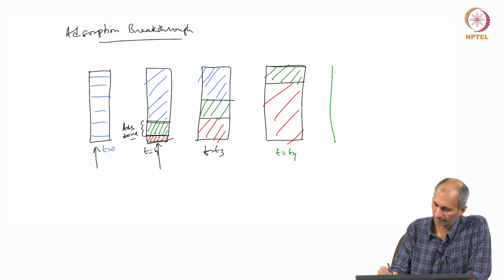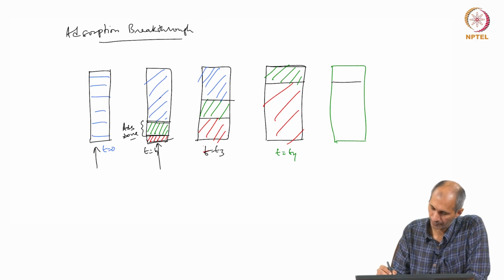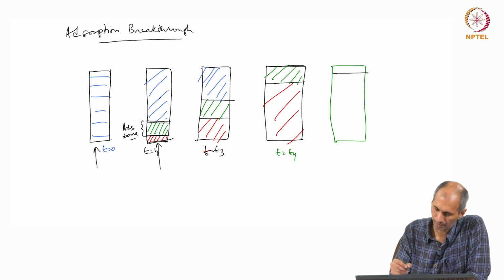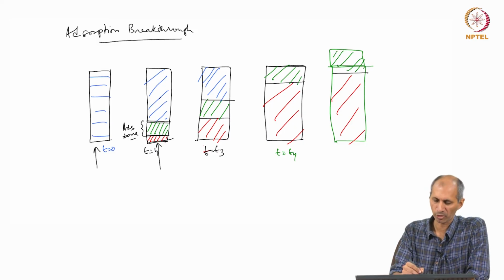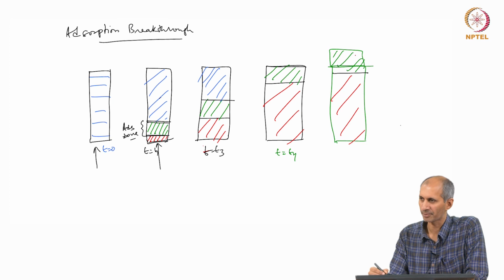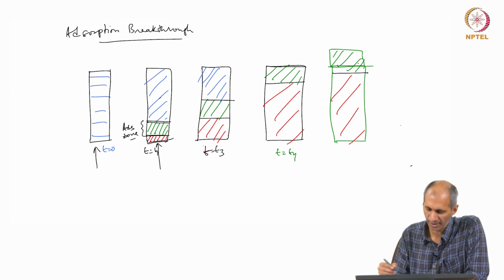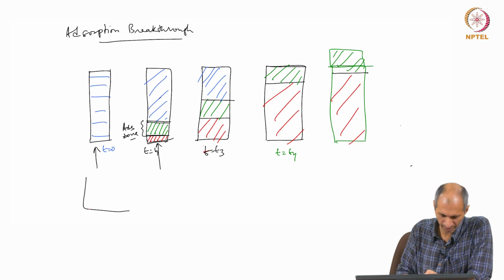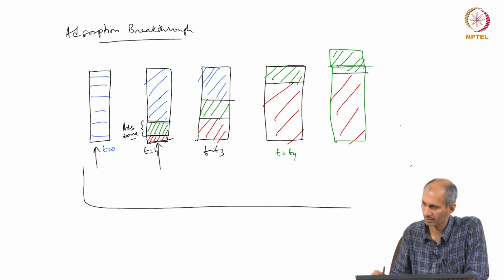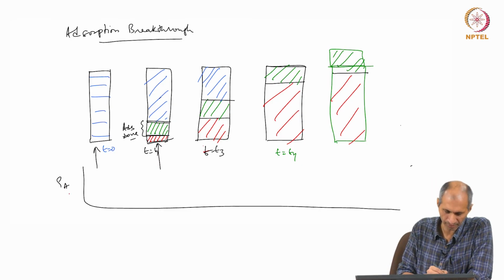So, when you go further, the next one, this is the end of the column, this is done, but you see that this zone has crept out, it has come out now, which means that right here the breakthrough is here, we are here. So, if I do the breakthrough curve along with this, what is happening is the concentration of rho A